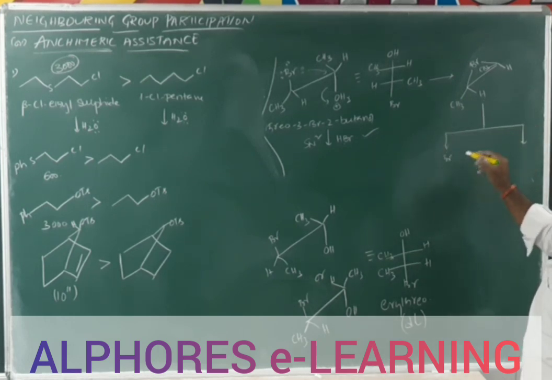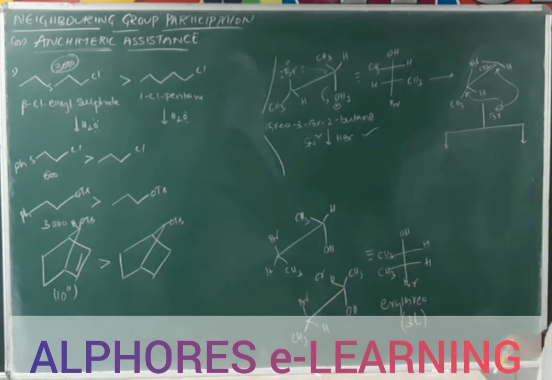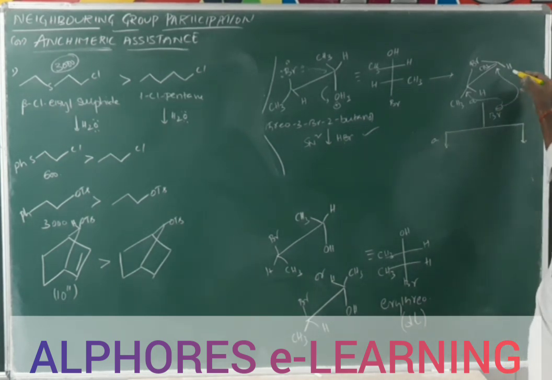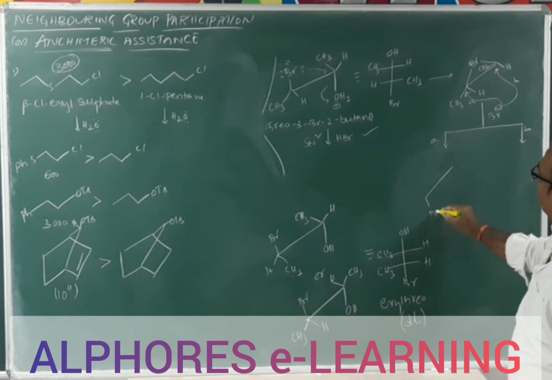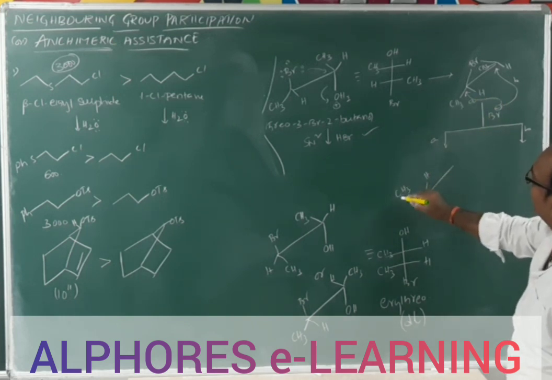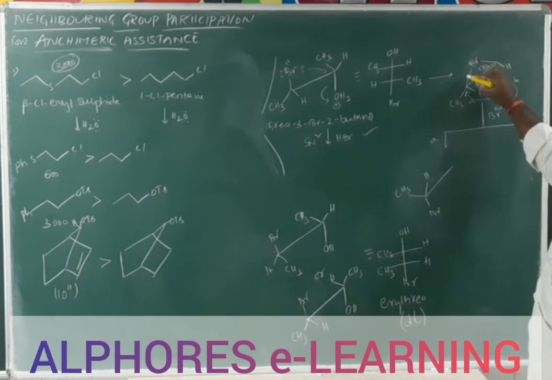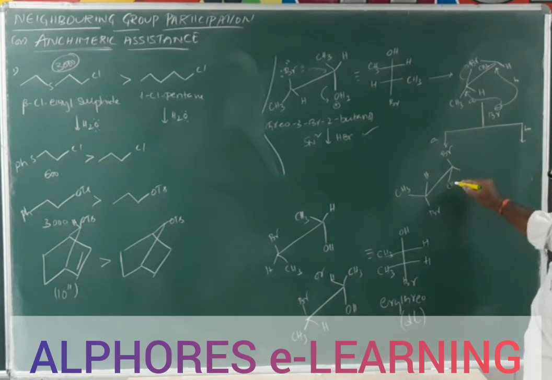The remaining counterpart Br minus can approach in either direction, toward either of these two carbons. Say this is path A and this is path B. Now in path A, Br minus approaches from the rear side, and CH3 and H go like this, CH3 and H like this, and this Br gets back its electrons, so it is projected towards the upward direction, with the remaining methyl and